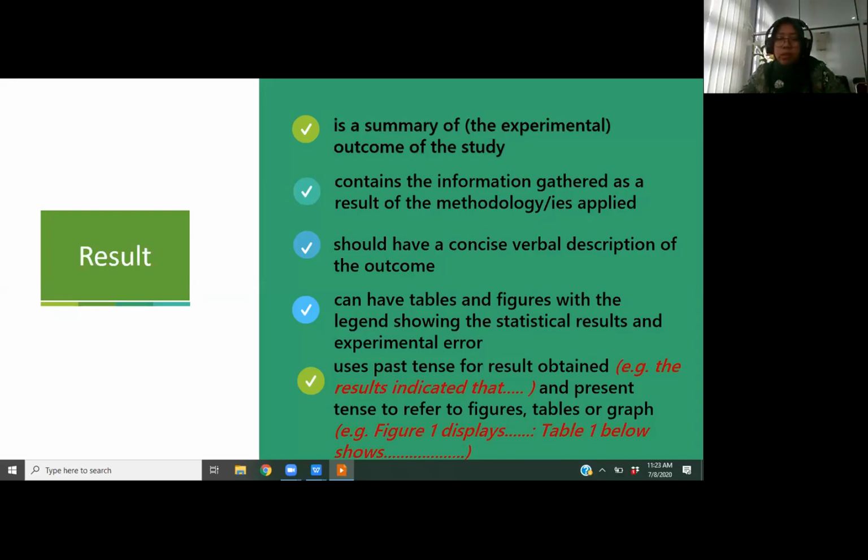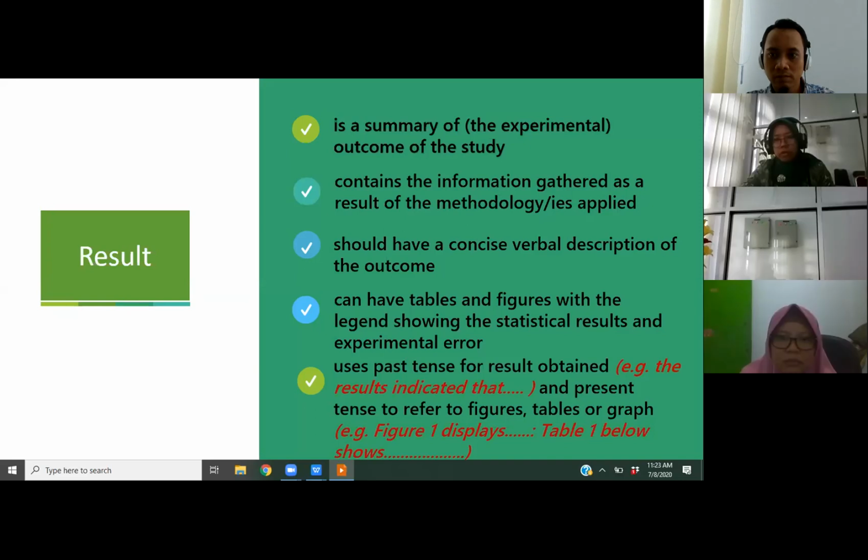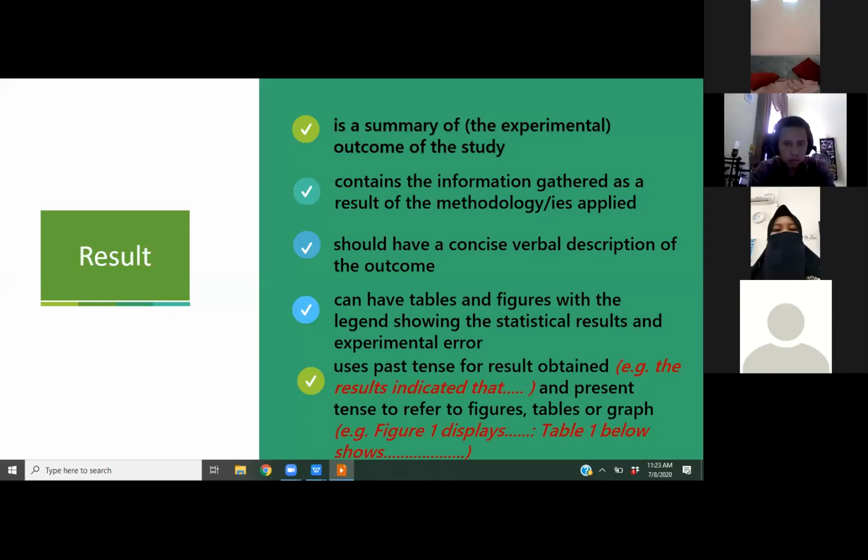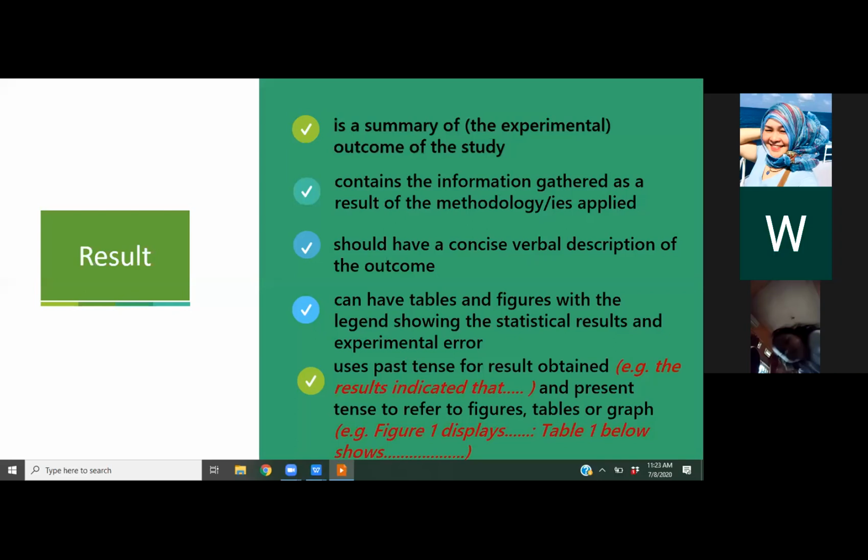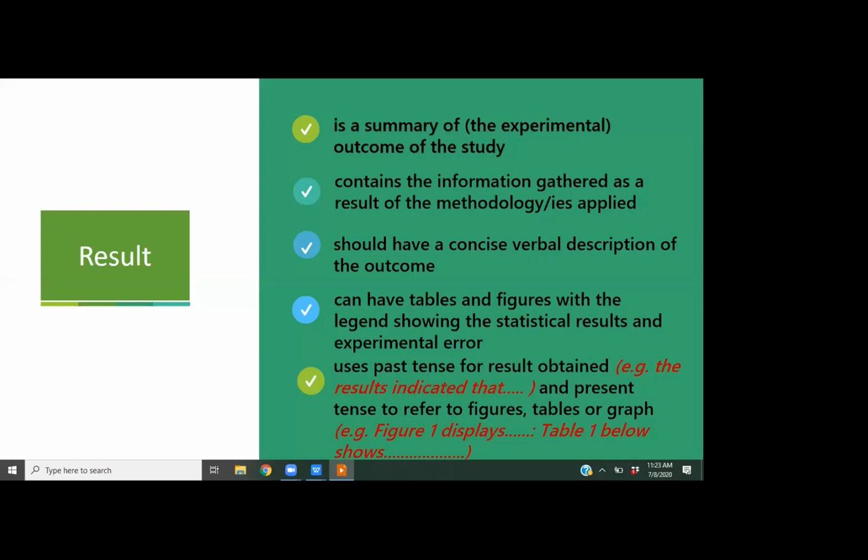This result also contains the information gathered as a result of the methodology or methodologies applied. And it should have a concise verbal description of the outcome. For example, if your research question is only two, then that will be the guidance for you to write the result section. You can divide it based on the research question. And then here you present the result helped by tables,